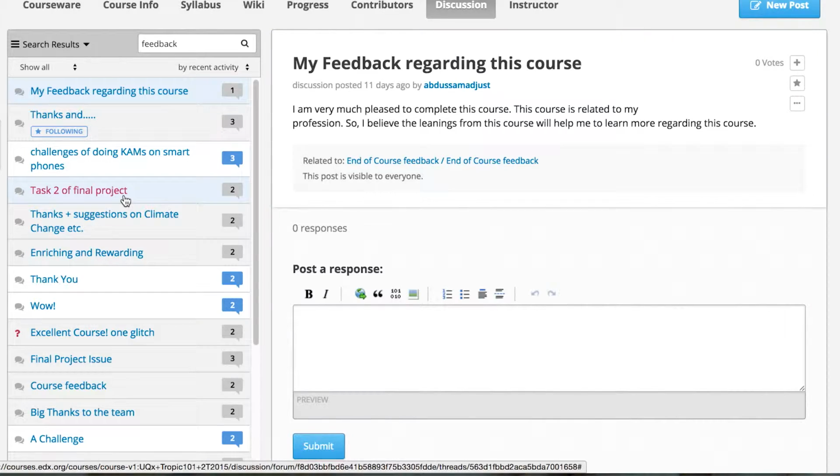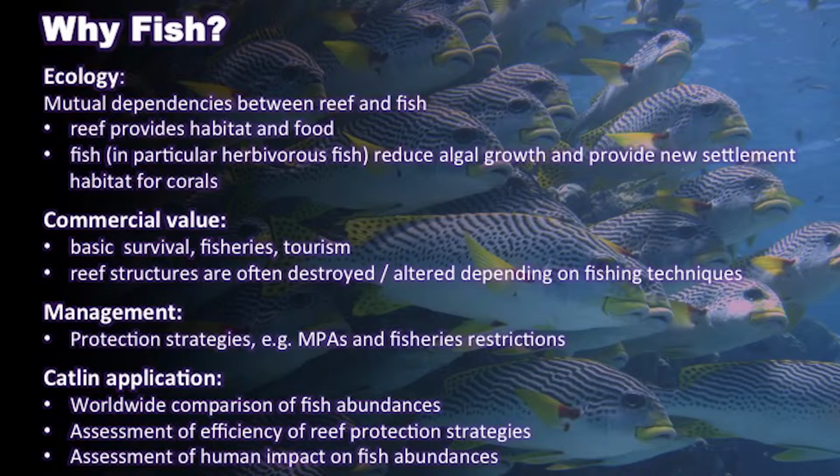Let me explain how our project works, what we've accomplished so far and what we want to achieve in the future. First of all, why is my team focusing on fish? Well, fish are important to people commercially and as a source of food. Data about fish diversity and abundance is very useful, both to protect our resources through fishery management and also for understanding the ecology of reef systems. So far, the Catlin imagery has been used for the assessment of benthic organisms, so there's a great opportunity for us to extend this to include fish data.